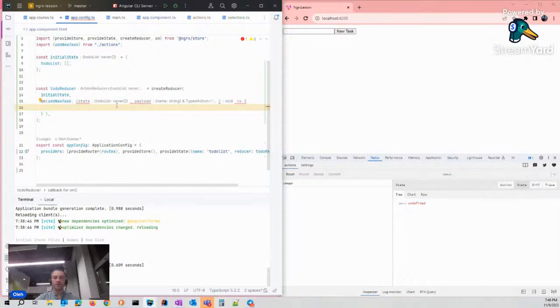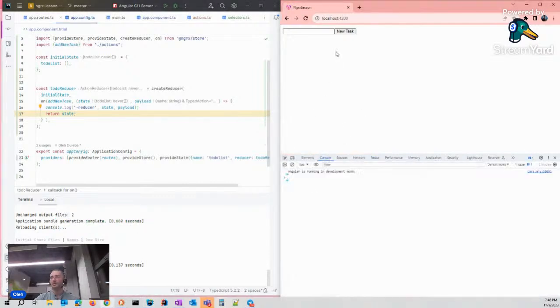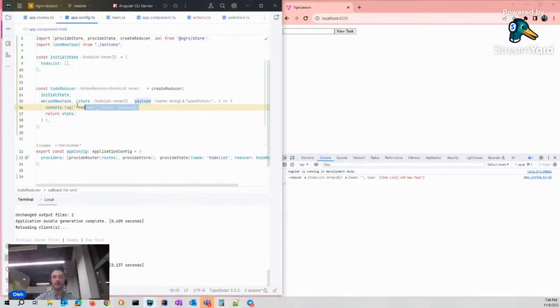First, let's see what are the reducer, state, and payload, and return back the state. There are no errors. That's good. In the console, let's see. Reducer, we catch this action here, and what do we have? First argument, state.